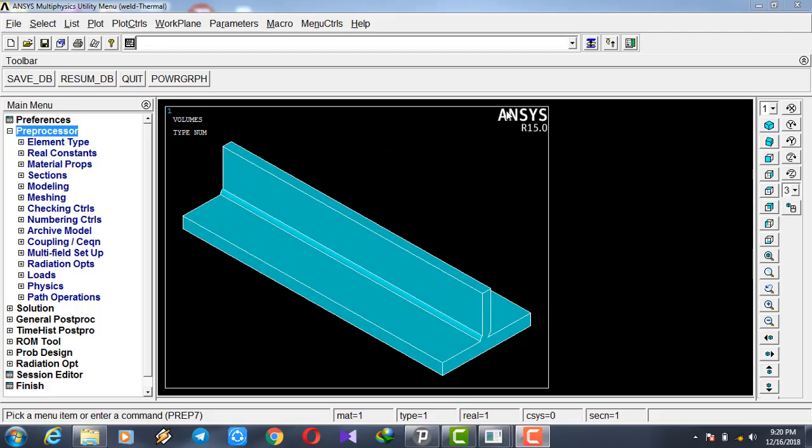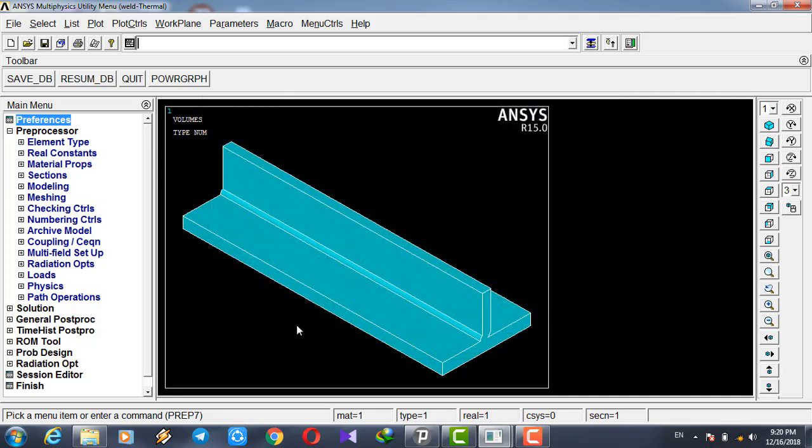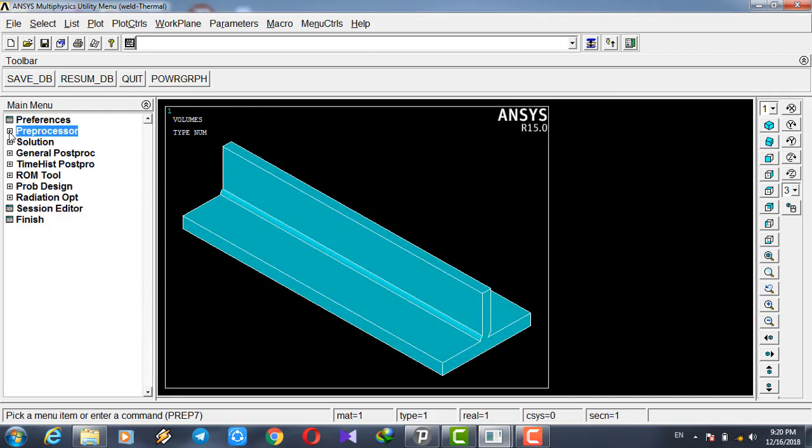And now I go to ANSYS software and go to preferences and select the thermal. After that, check it. Okay. Go to preferences, preprocessor,